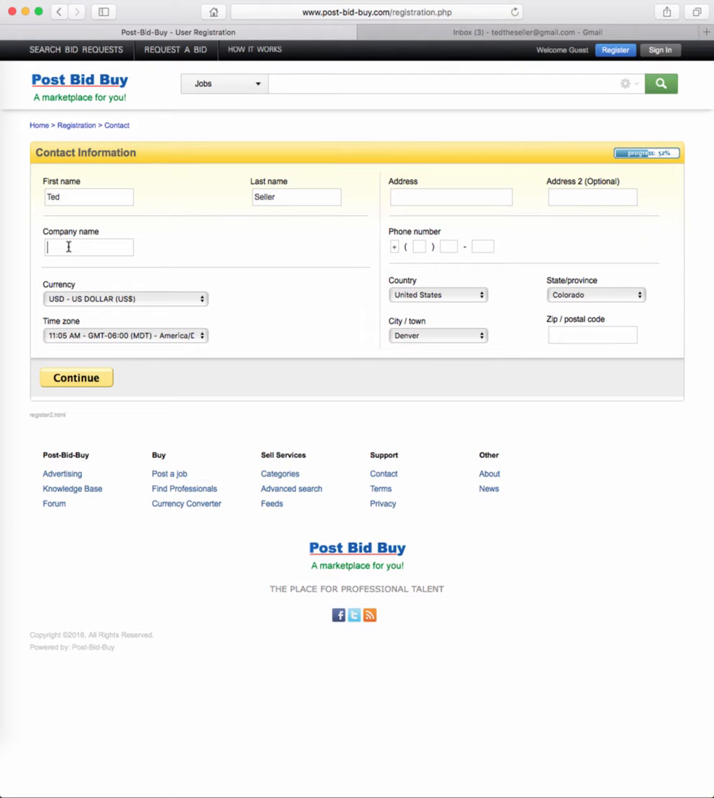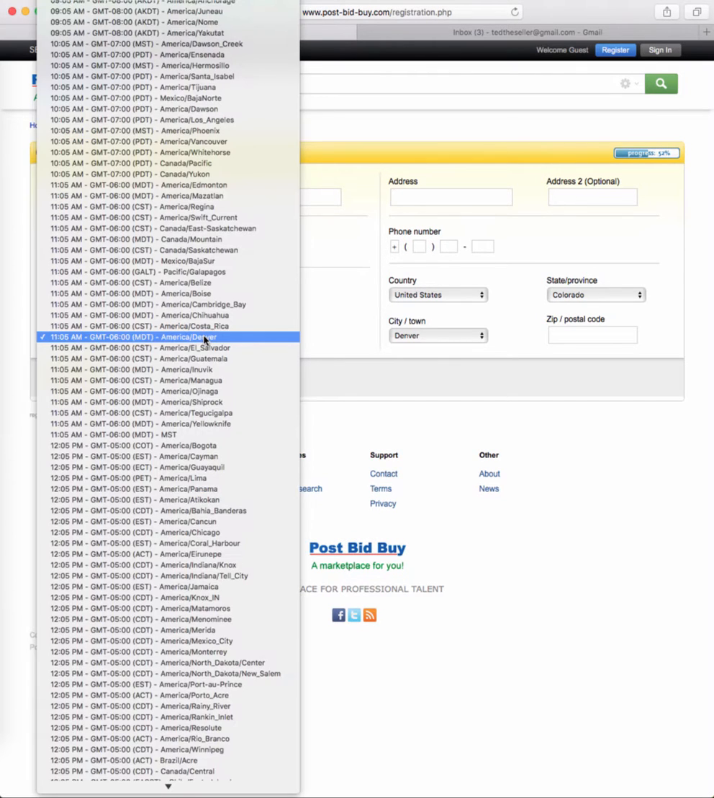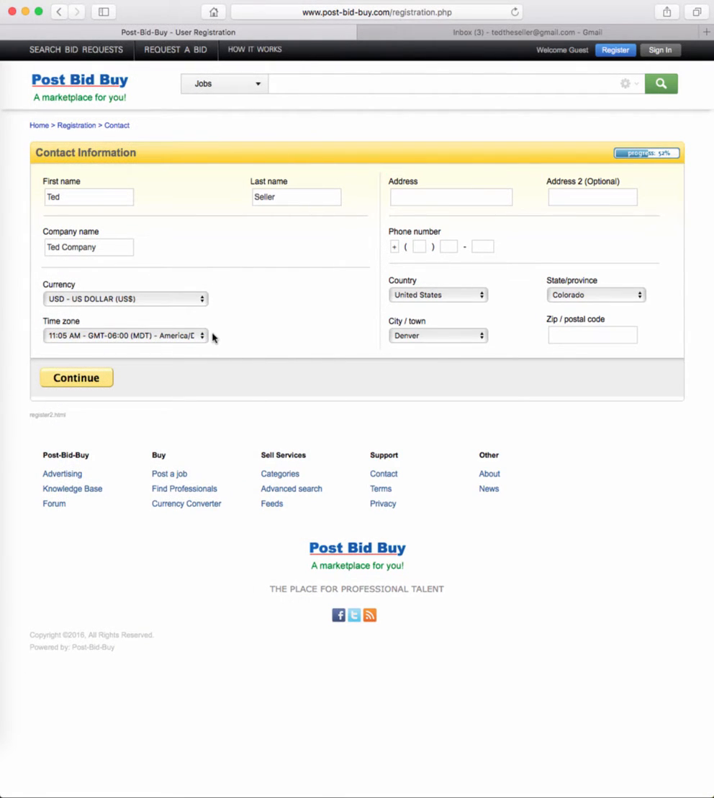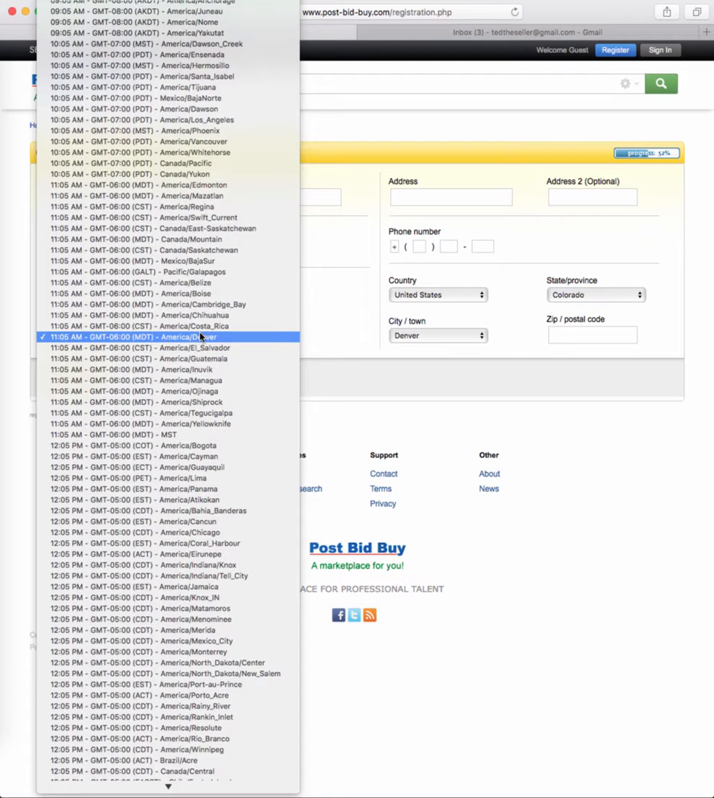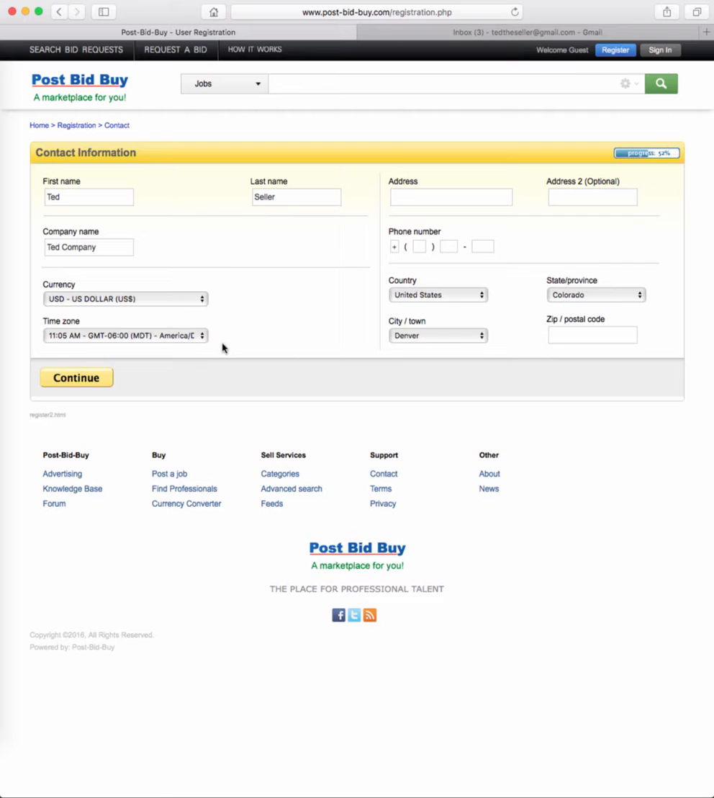And the company name is Ted's Company. The currency should be filled in as US dollars. The time zone will be Mountain Daylight Time, American Denver. You may have to find that in a long list of times, but hopefully that'll come up in this default condition. The address is 456 Elm Street,